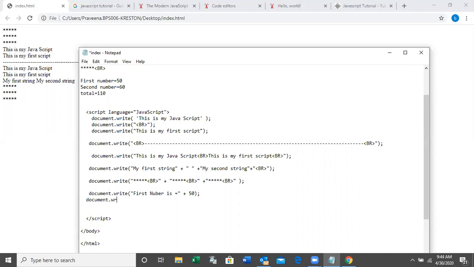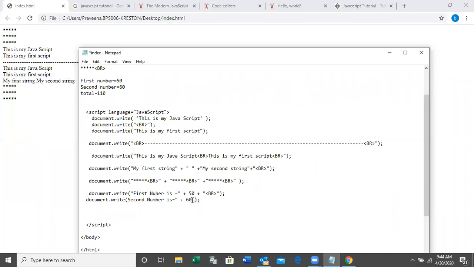Document dot write, second number is equal 60, BR line break tag.